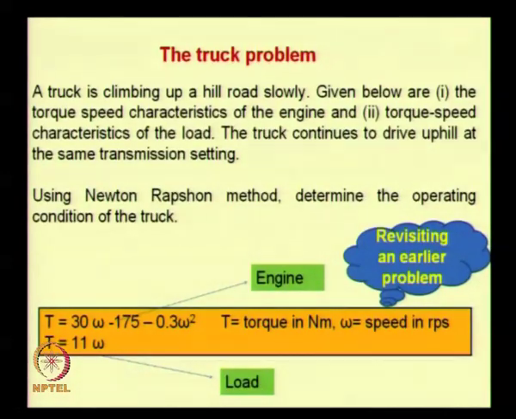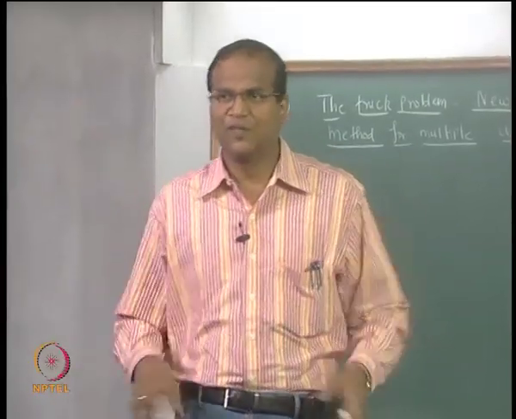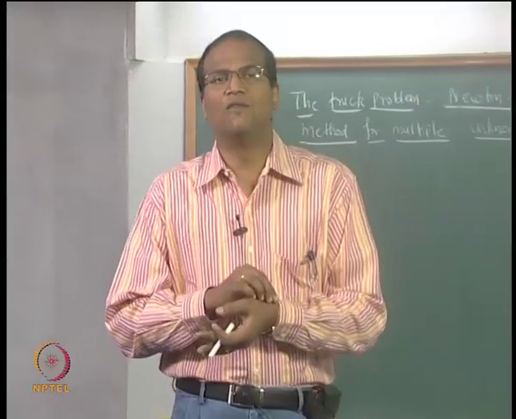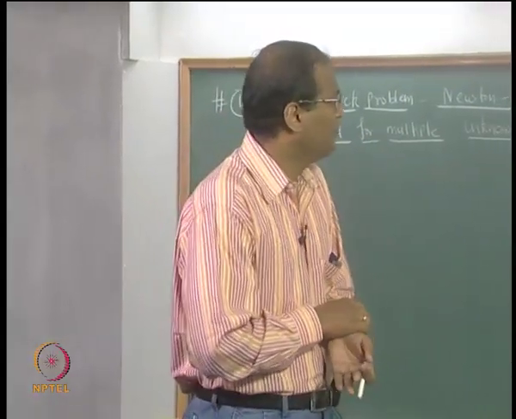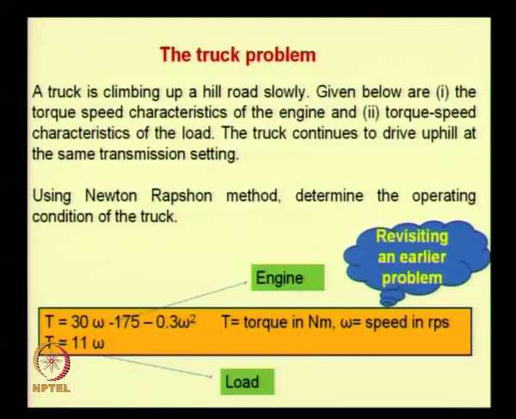So it is a watered down version of the earlier problem where I asked you to draw two information flow diagrams using successive substitution, solve using both the information flow diagrams, examine the stability and all that. Having done all that, now there is no need to go through all that. Now you solve it using the Newton-Raphson method for two unknowns, right. So you have to rewrite the characteristics in terms of F1 and F2. F1 and F2 are functions of T and omega. You have to open out a very wide tabular column and it is going to take some time, at least half an hour.